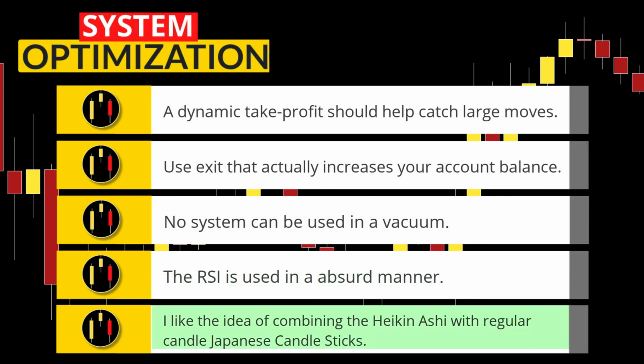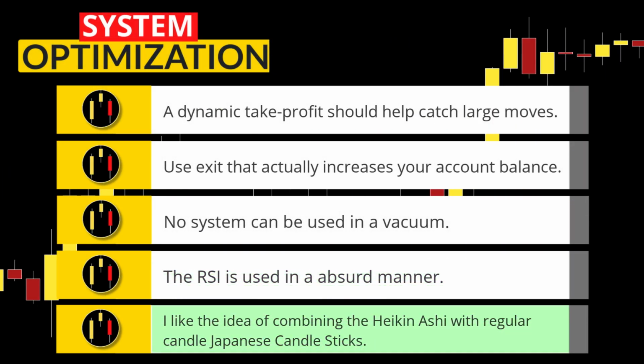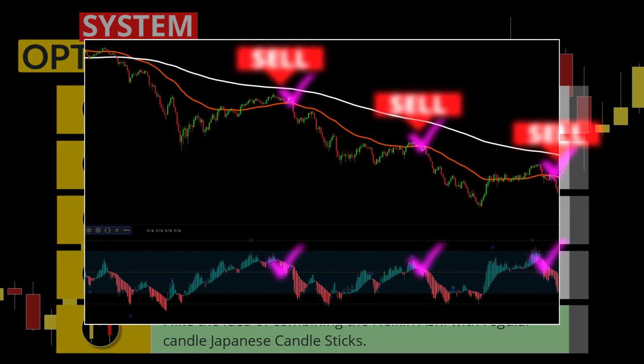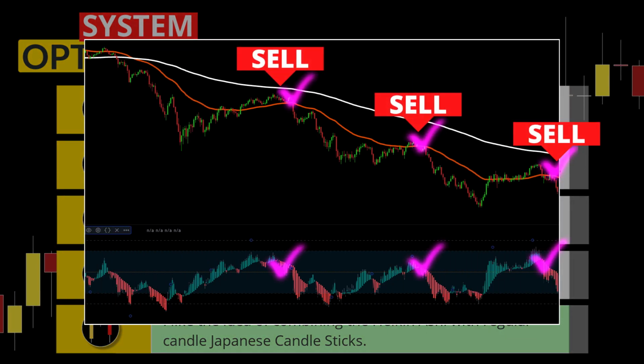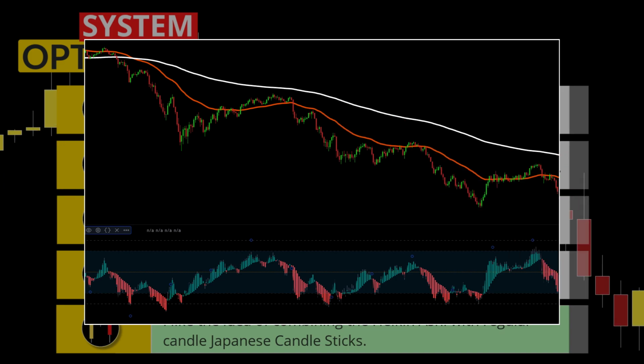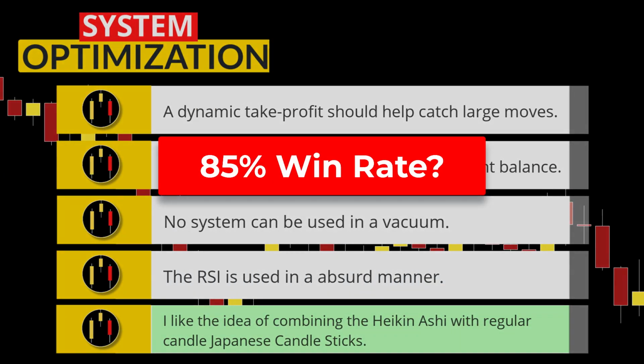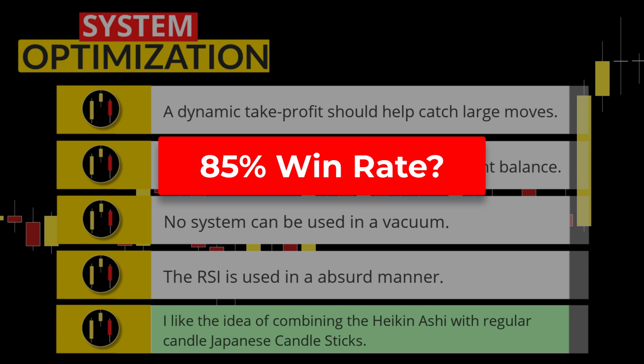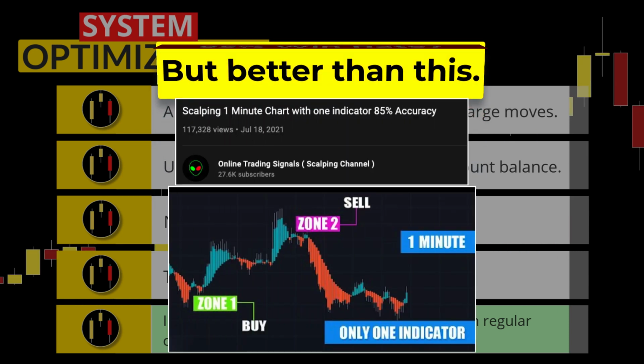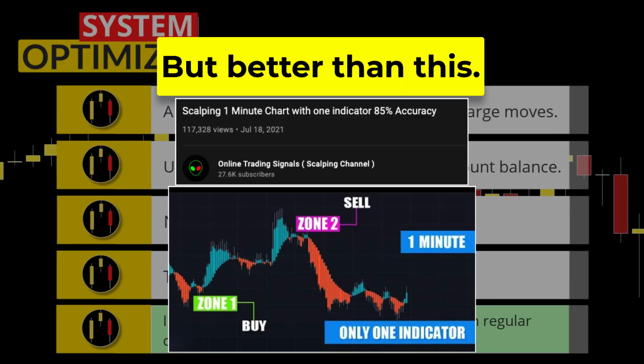Next, I came up with this in literally 1 minute looking at this indicator, but using the 200 EMA and the 50 EMA along with the Heikin-Ashi candles for triggers, you could have a very profitable system. I don't know about an 85% win rate, but I guarantee it will be more profitable than that brilliant strategy.